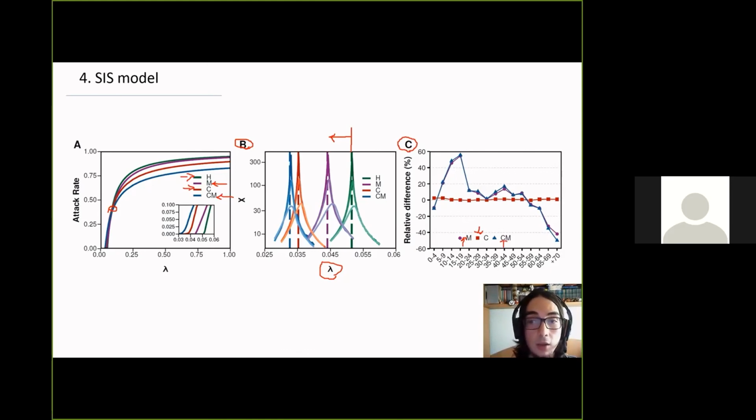So this is telling us that this multi-layer model is really good, but we need a lot of data to build it. So if we don't have that data, not everything is lost. Maybe just using the matrix would be enough, but not just using the network. On the other hand, for the epidemic threshold, again, if we have the multi-layer network, that's great. But if we don't, at least we need the network. But the age-mixing matrix would not be enough.